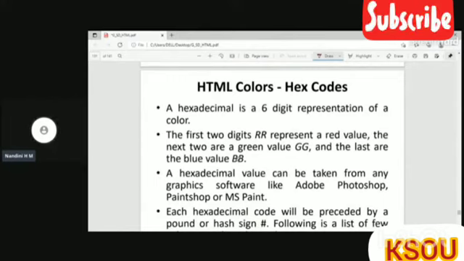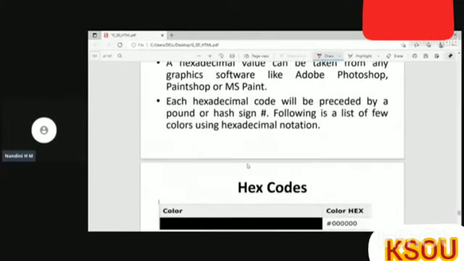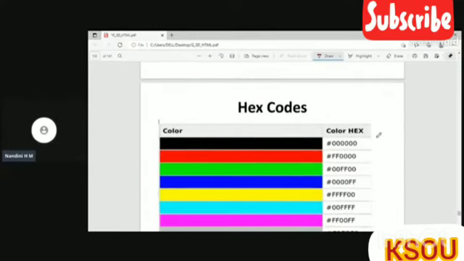And in case of hexadecimal codes, it contains totally 6 digits. So the first 2 digits indicate the ratio of red, the second 2 digits indicate the ratio of green, and the third 2 digits indicate the ratio of blue. Here each hexadecimal code will be preceded by a hash symbol. So as soon as you see any color with the hash symbol, it indicates that this is a hexadecimal representation